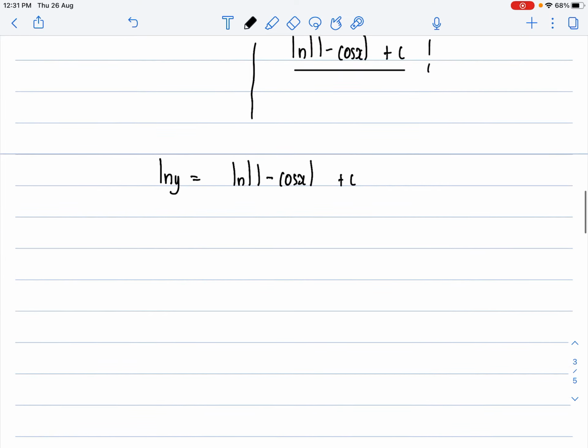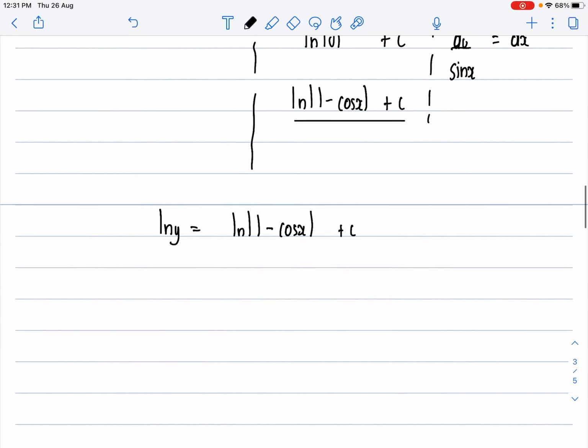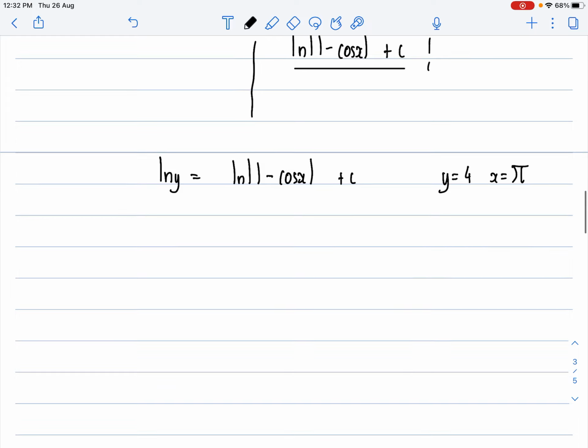Now what I know is I have y equals 4 and x equals pi, and I need y in terms of x. So before I obtain this, I need the value of c. I know that y is equal to 4 and x equals pi. Correct? So now I substitute this. I write ln 4 equal to ln(1 minus cos pi)